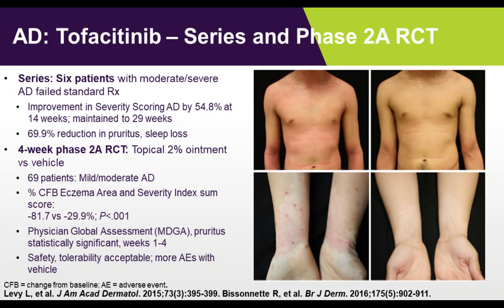Well, here's atopic dermatitis. And remember that until recently, we only had ineffective therapies, and pruritus, of course, is one of the major problems with atopic dermatitis. And so we see here 6 patients who had failed standard treatment, and this is the improvement you see in one patient with incredible reduction in both pruritus and loss of sleep due to the treatment, and a 4-week trial